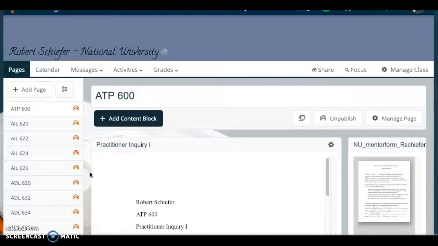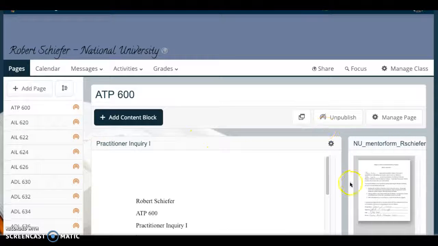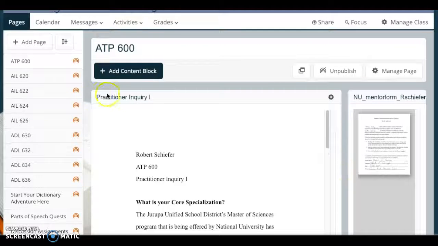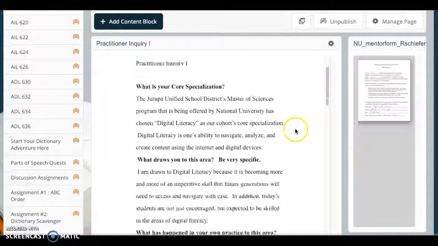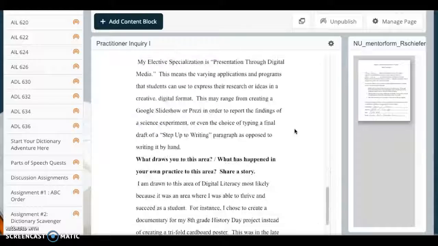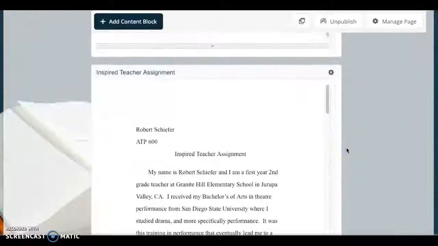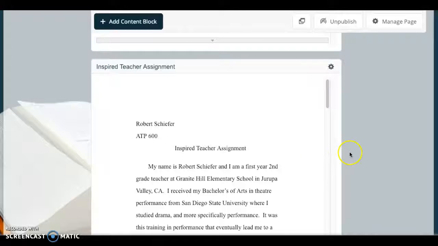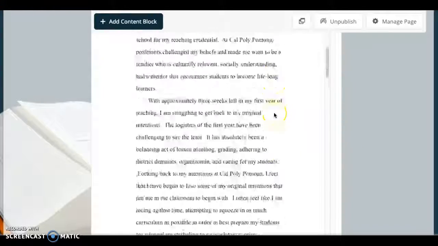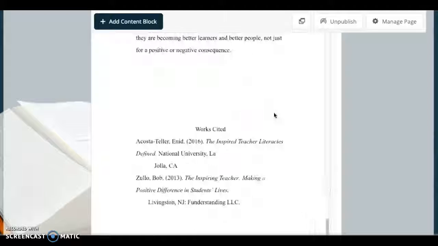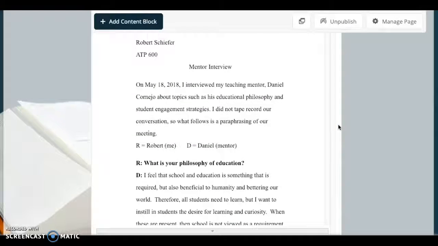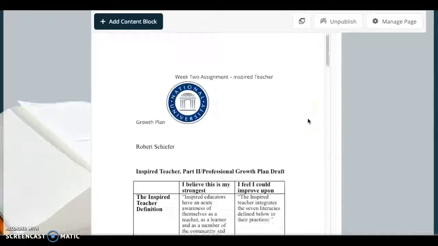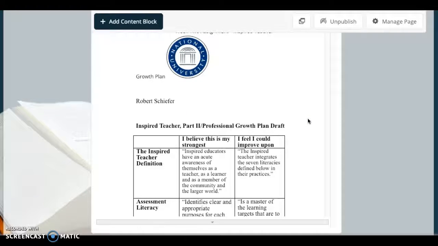The first course that we took was ATP 600. Each of the assignments completed for each course are filed under each page. So you will see here the practitioner inquiry, the inspired teacher assignment, my mentor from May. I had a Q&A with my mentor Daniel and myself, my inspired teacher growth plan,